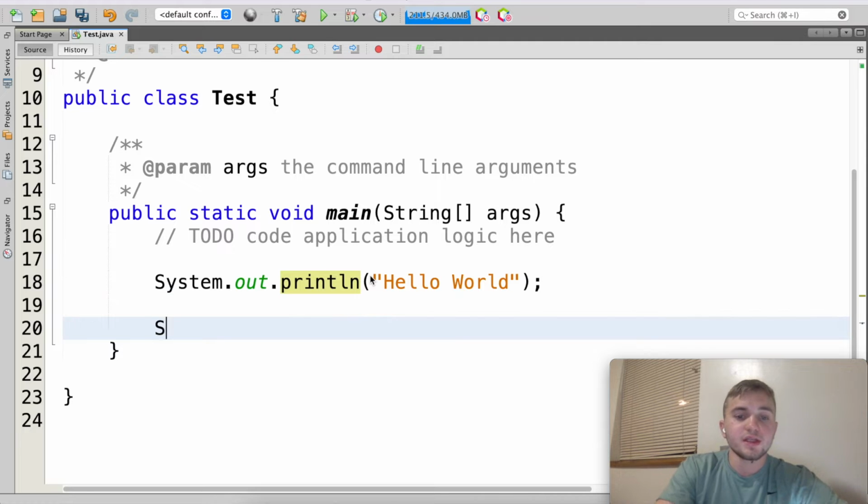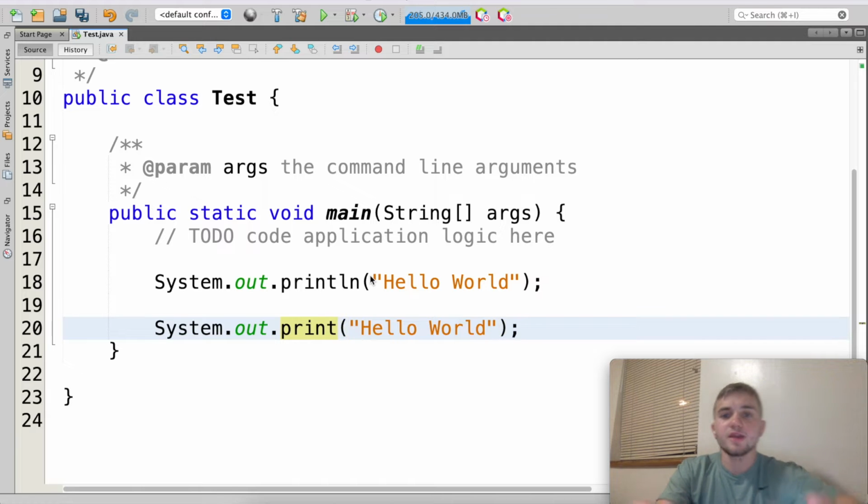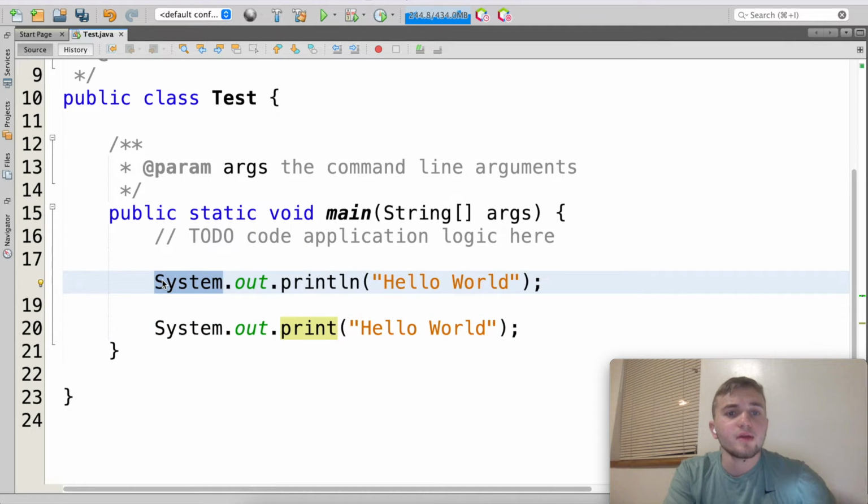Another way you could do it is System.out.print, hello world. Again, you have to end it with a semicolon. Now, the difference between the two is in System.out.println,